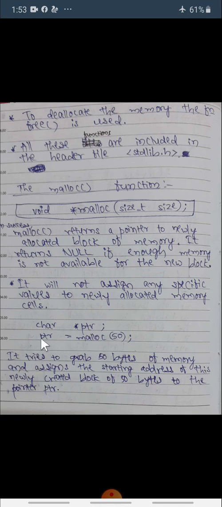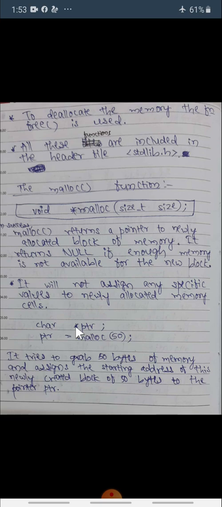Ptr is a pointer variable, so we can use the asterisk here. It wants to store 50 characters, and all those 50 memory locations will be reserved. After reserving, the first memory location will be addressed as 0.